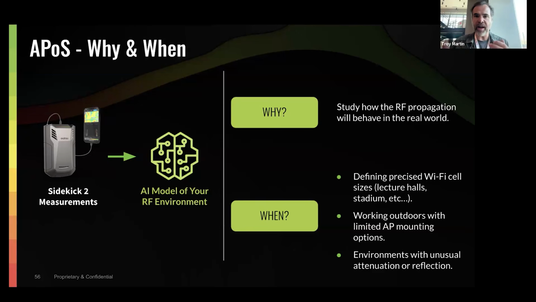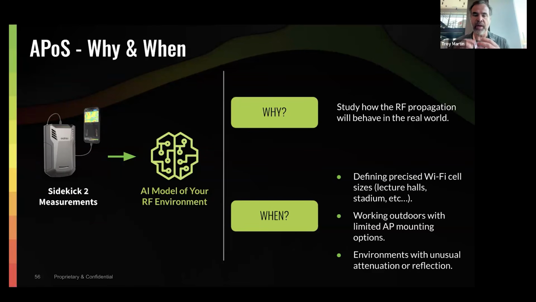Other environments like manufacturing, healthcare facilities, and warehouses, it may be very expensive to move that access point after the fact. And so if you want to reduce the cost to move that AP after the fact, that's where you may want to introduce an AP on a stick, where you validate every position that you plan on placing an access point and verify that you'll get the actual coverage that you're expecting from that position. And then you know with very high certainty that when I commit to installing an AP and drilling the holes in that wall or running the conduits out to this location,